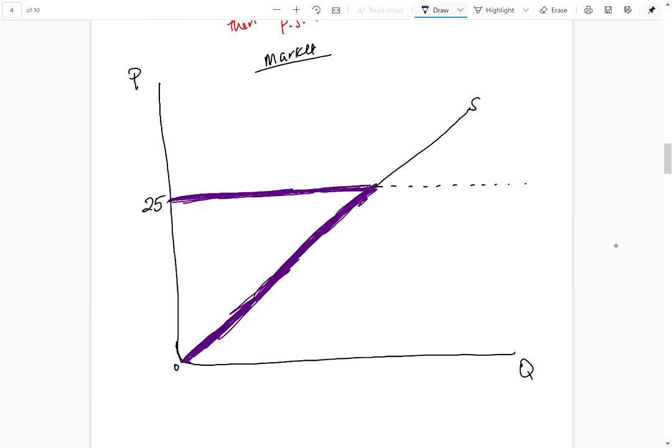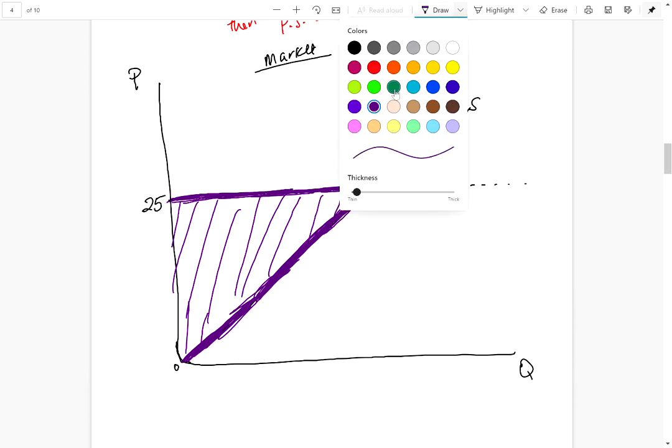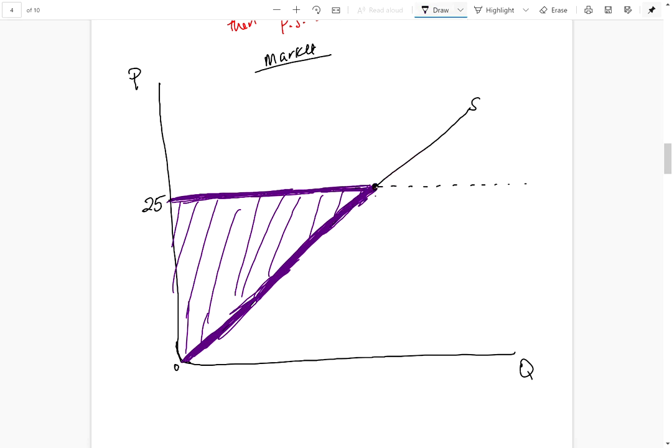But let's come back to this. Producer surplus will be this entire triangle here, which shows us the distance between the cost of production. So if we were to show our quantity produced here, this is the quantity that's going to be supplied at that price. So Q supplied. For the quantity produced here, we have this cost as a section. So this lower triangle will basically be the cost, and it's the variable cost. It doesn't account for the fixed cost